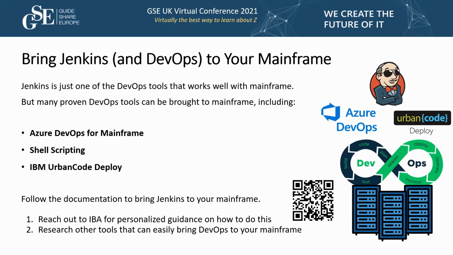And the last one, UCD, IBM UrbanCode Deploy. This is a CI/CD tool from IBM that is primarily used to create pipelines for code deployment. The working principle is also quite similar to Jenkins and Azure DevOps, also with the help of some Groovy scripts and so on. So if you would like some hands-on help using Jenkins in your mainframe software development environment, or some personalized advice on which open source general purpose DevOps tools you should bring to your mainframe group,